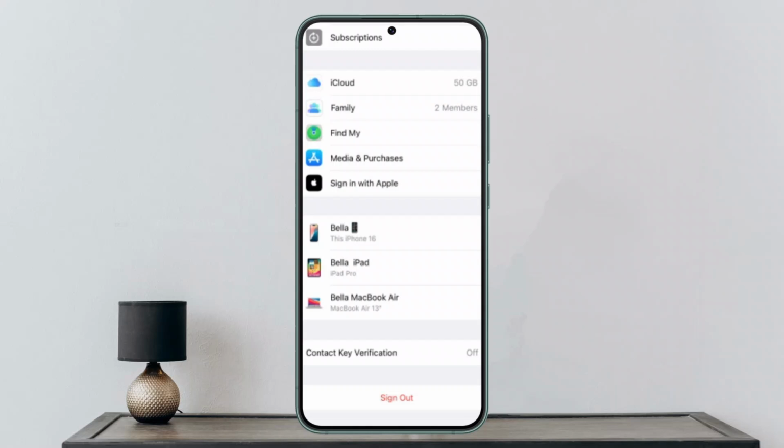As you do so, then what you have to do is open up your Screen Time and scroll down and tap on Change Screen Time Passcode, and you'll need to tap Change Screen Time Passcode once again. Once you do so, if prompted for a current passcode, tap Forgot Passcode. You will be asked to enter your Apple ID and the password that was used when setting up the Screen